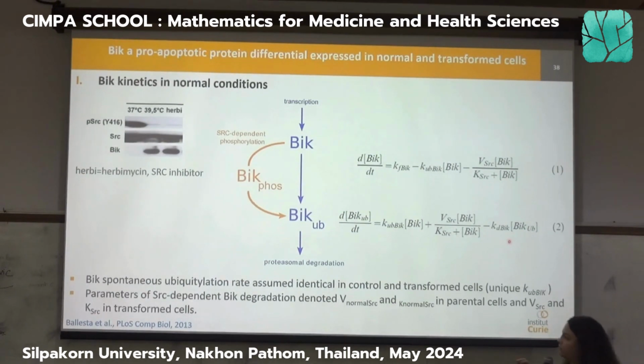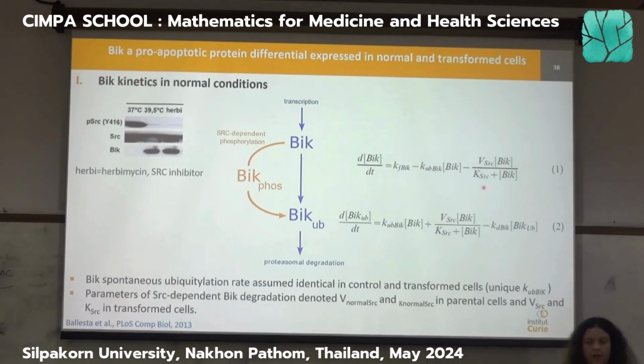What we have decided to specifically investigate is, of course, the term related to SARC, because this is the one of most interest. So the parameters KF big, KU big and KD big, those three parameters are going to be the same for normal and cancer cells. On the opposite, the parameters VSARC and KSARC are going to be different for